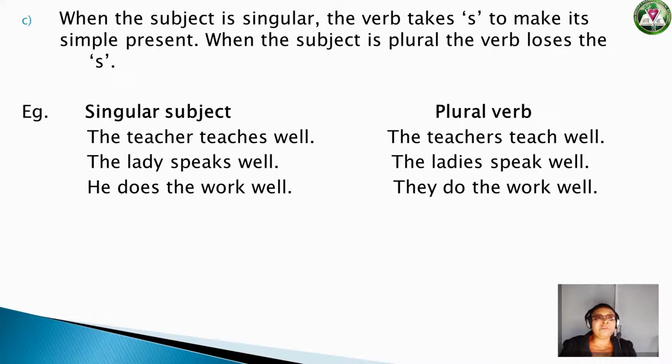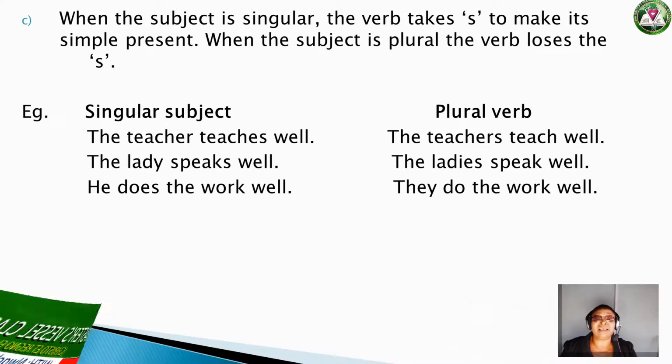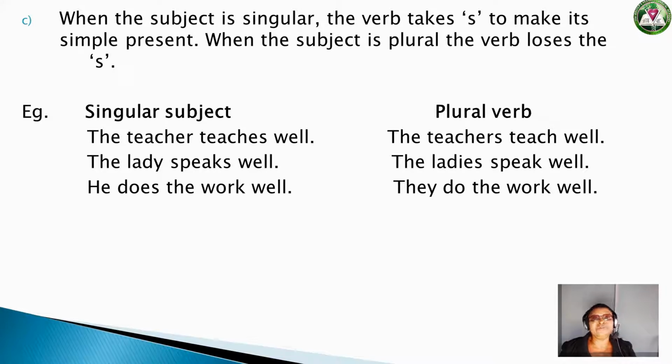If you are using a main verb to make your statement or sentence, when the subject is singular, the main verb takes S to make it simple present. But when you are talking about two or more things or people, the main verb